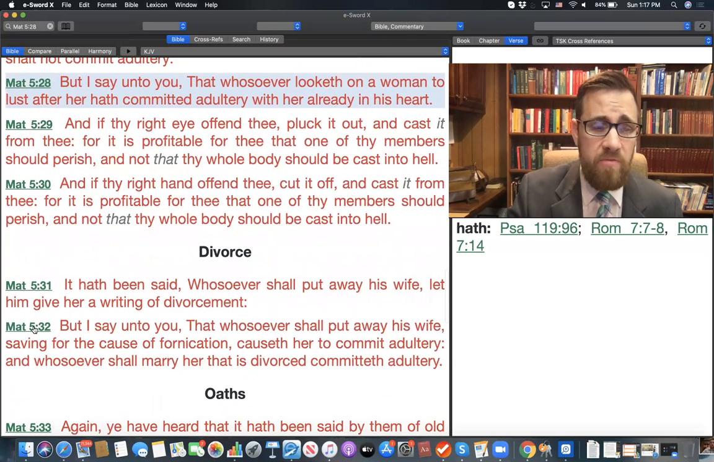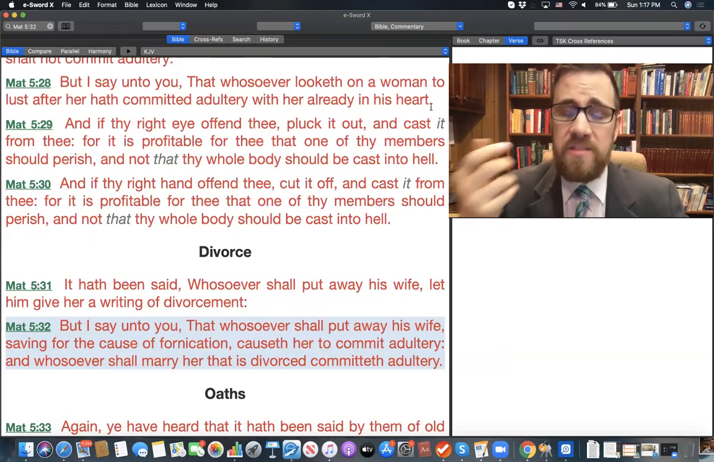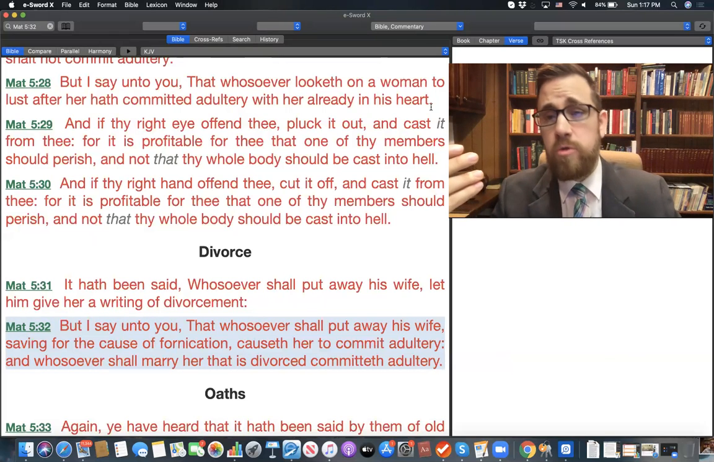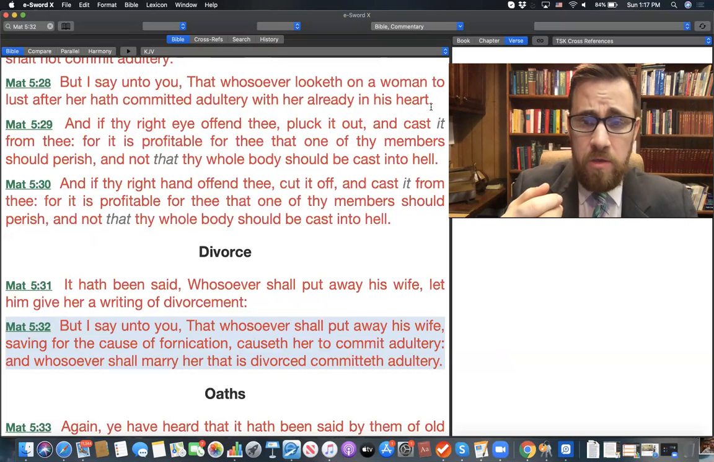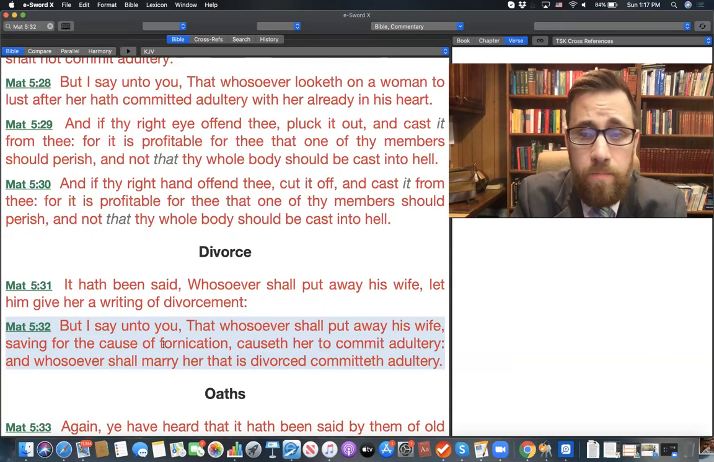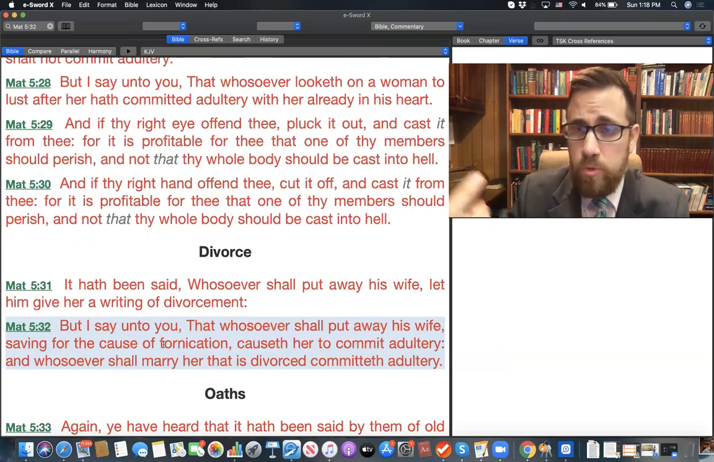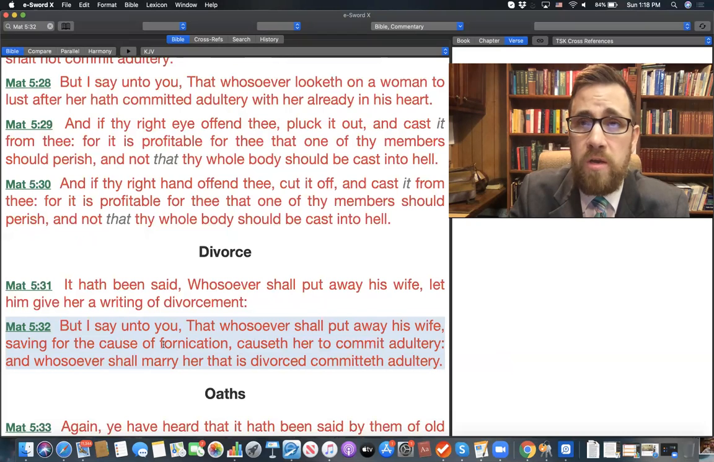But here in Matthew 5:32, when it says the cause of fornication, committing adultery with someone in your heart is not the actual act of adultery. It is just something that is in your heart, and it is not fornication like you have here in 5:32. And those distinctions between the terms are very important, because we're talking about lives here,